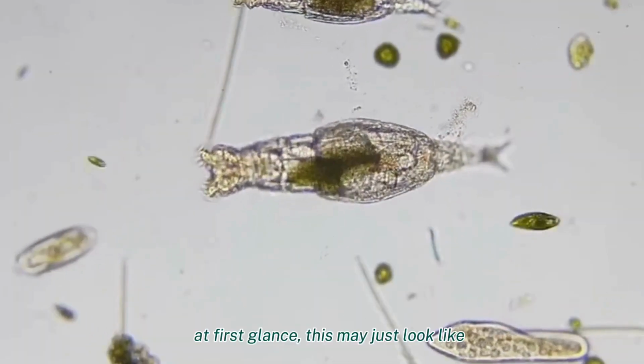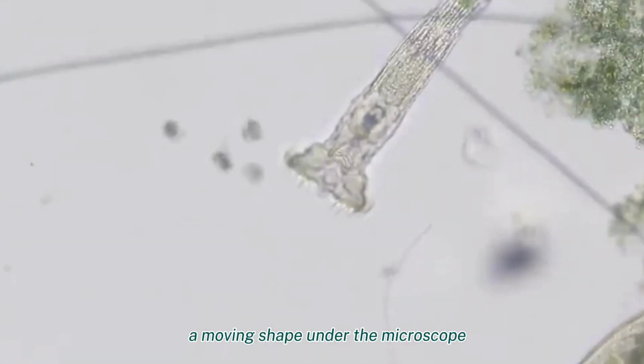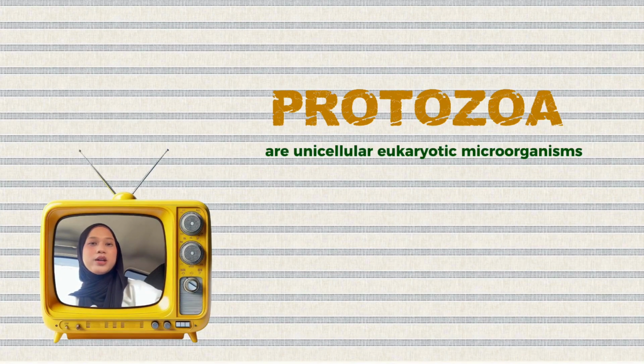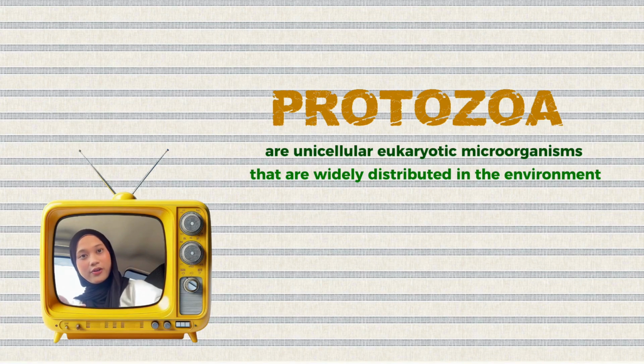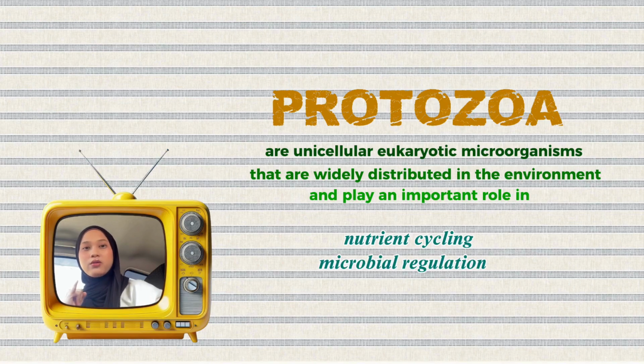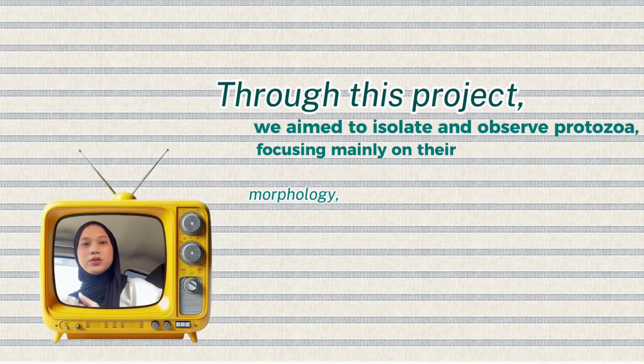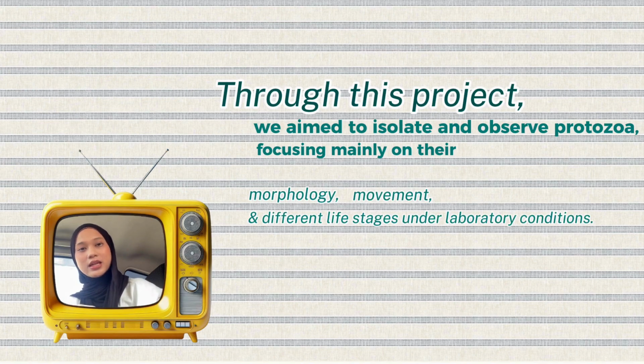At first glance, this may just look like a moving shape under the microscope, but this is actually a protozoa. Protozoa are unicellular eukaryotic microorganisms that are widely distributed in the environment and play an important role in nutrient cycling, microbial regulation, and ecosystem balance. Through this project, we aim to isolate and observe protozoa, focusing mainly on their morphology, movement, and different stages under